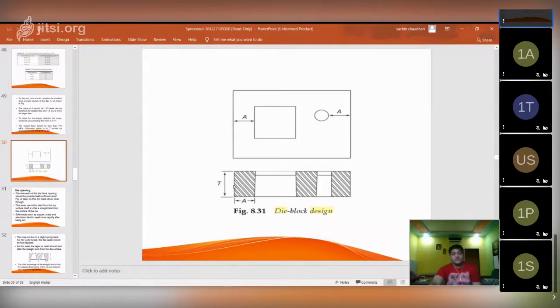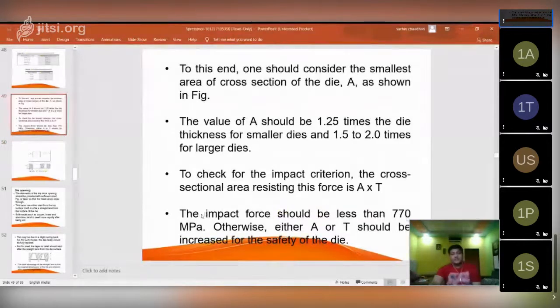But generally, if the shear strength or shear stress is less than this 770 MPa, then this A distance should be 1.25 times the die thickness for smaller dies, and 1.5 to 2 times for the larger dies. And the multiplication of A and T will be used for the impact criteria.